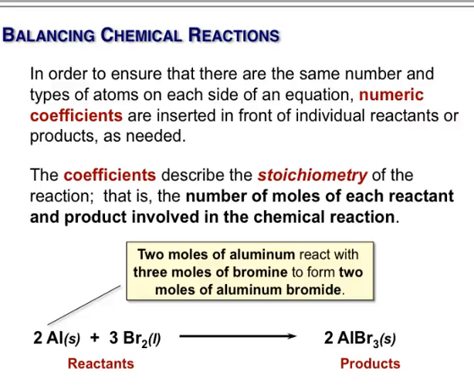Now again, just to make sure you get it, on this side of our equation, we have 2 aluminums, don't we? On this side, we have 2 aluminums. We have 6 bromine atoms on this side. And we have 2 times 3 is 6 bromine atoms on this side. This equation is what we refer to as balanced. That is, it has the same numbers and types of atoms on both sides. When we speak of a chemical reaction like this in terms of moles,